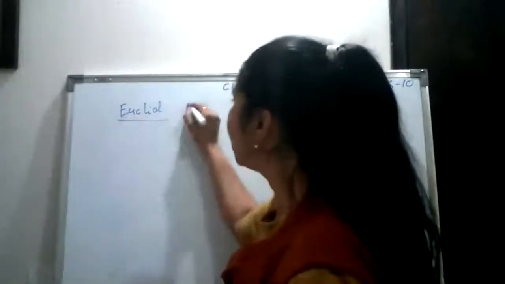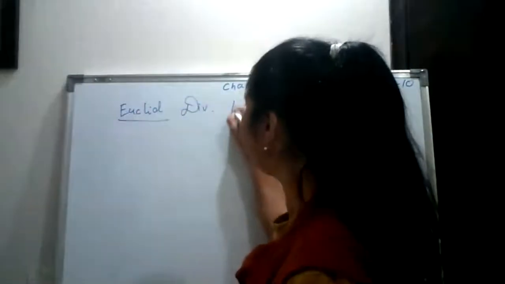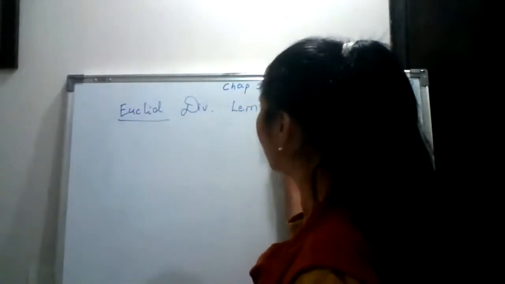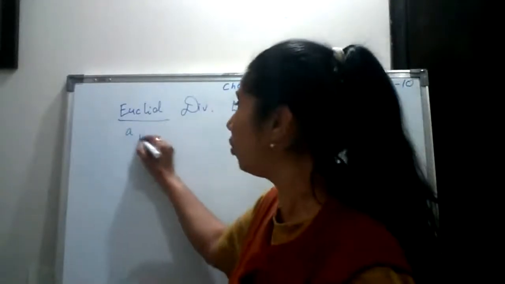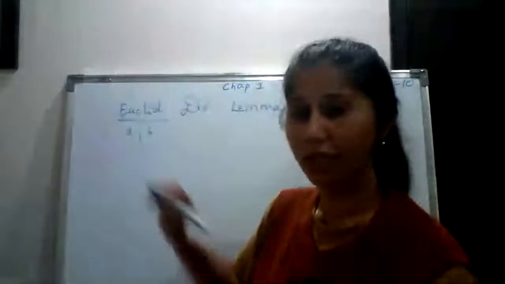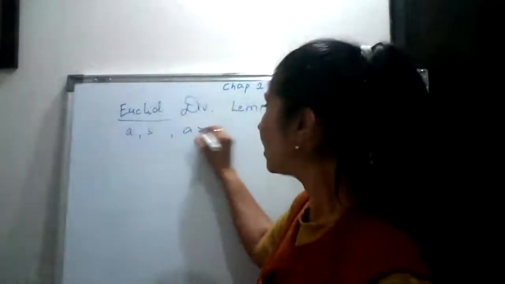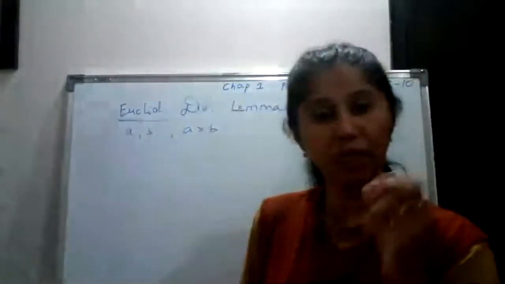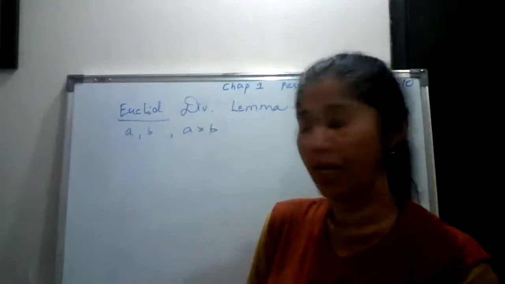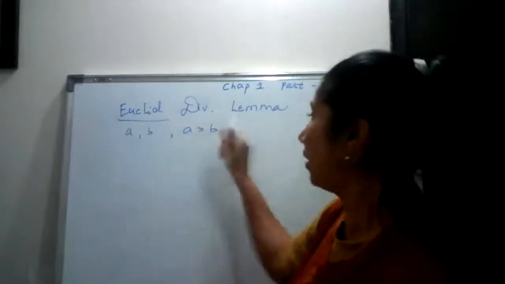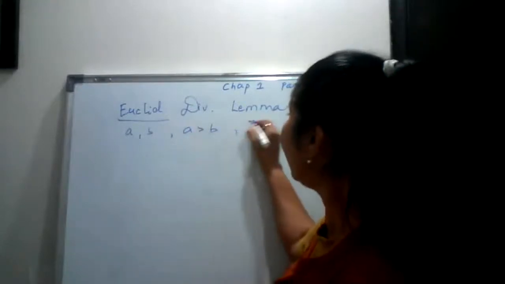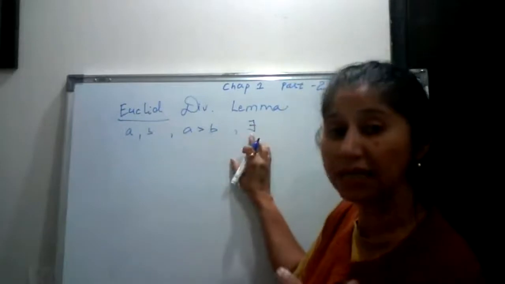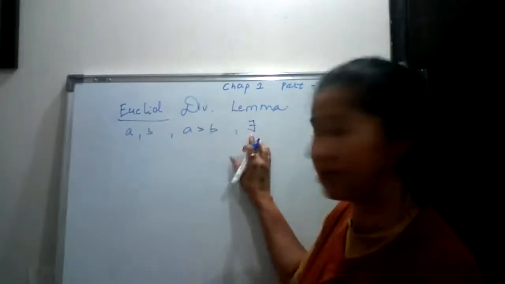What does it say? That if there are two positive integers, say A and B, such that I take A greater than B, one bigger and the other smaller, then there exists, this reversed E sign shows there exists,